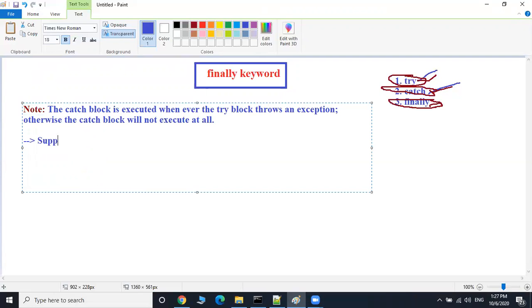Now suppose I want to execute a block or certain statements always, whether an exception is handled or not.